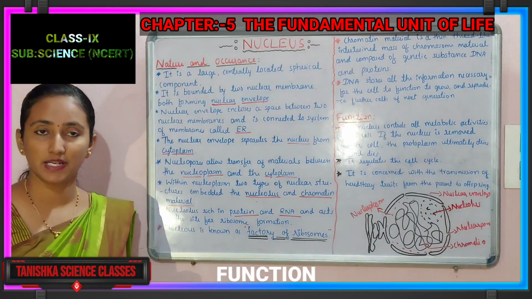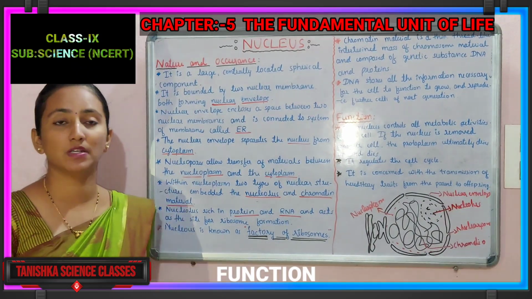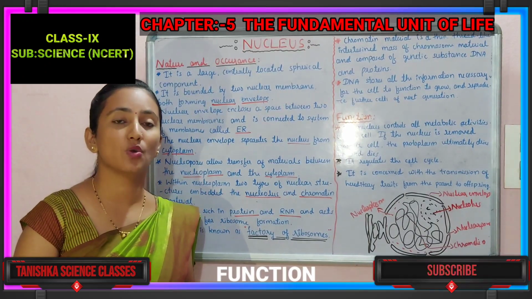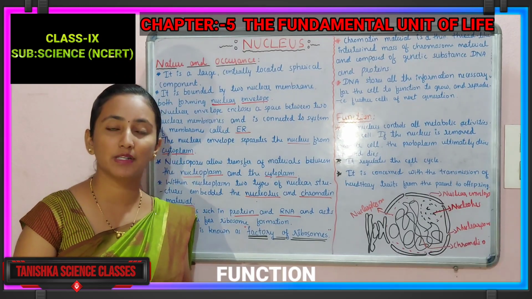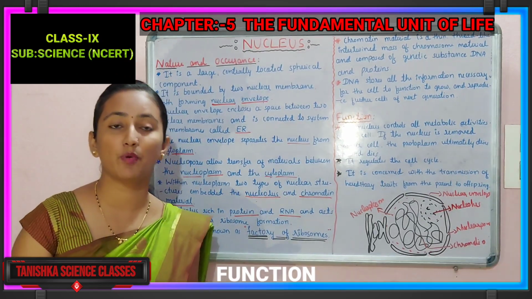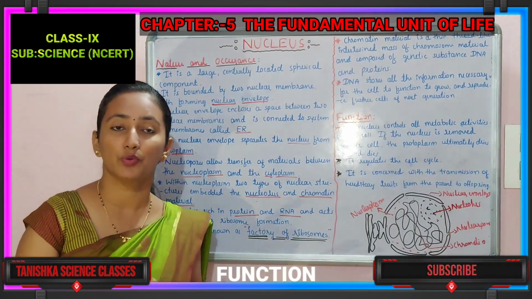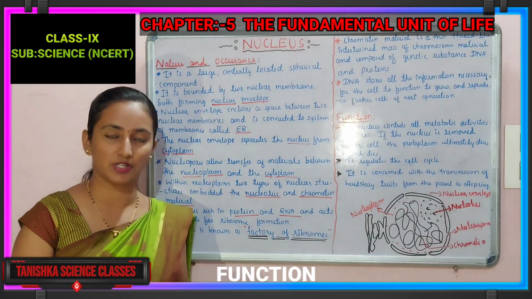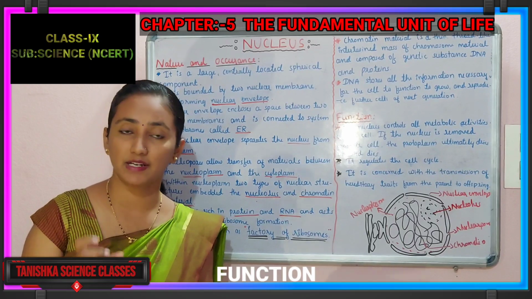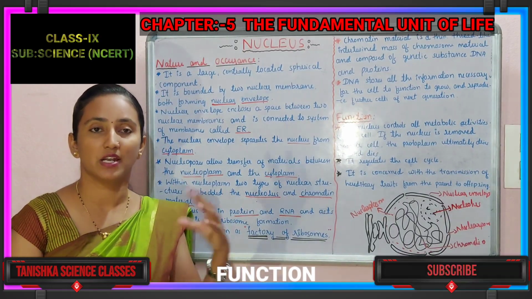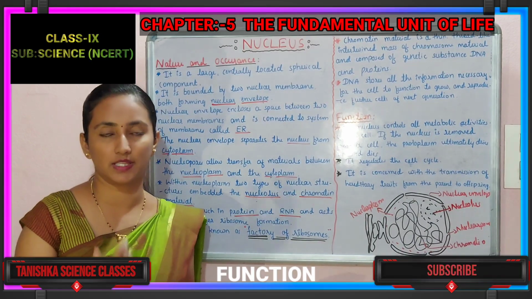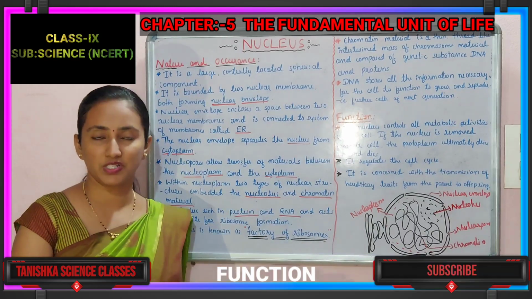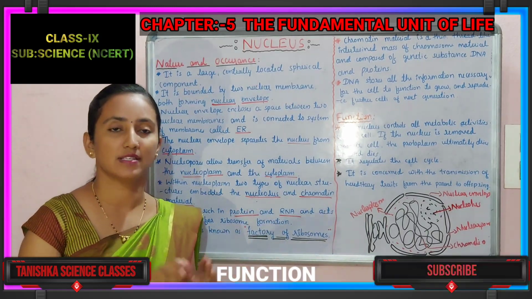The DNA will be present. So what is the function of the DNA? DNA stores all the information which is necessary. DNA is called the genetic material. Why is it called the genetic material? It stores all the information which is necessary for the cell to grow, to reproduce and also to produce further cells for the next generation. The cell will be divided, and during cell division, genetic material will be transported from one cell to another. So who helps in that? DNA helps to transfer the genetic material from one generation to another generation through cell division.